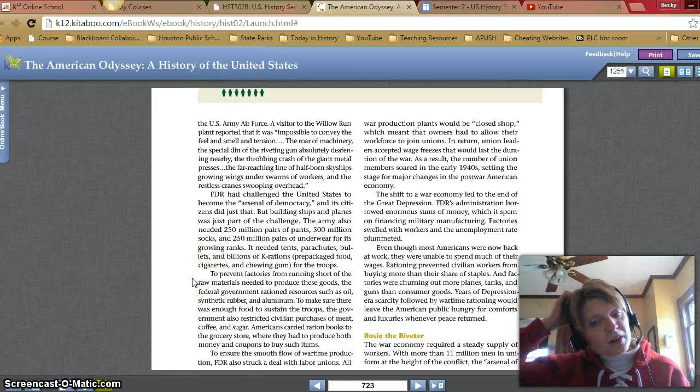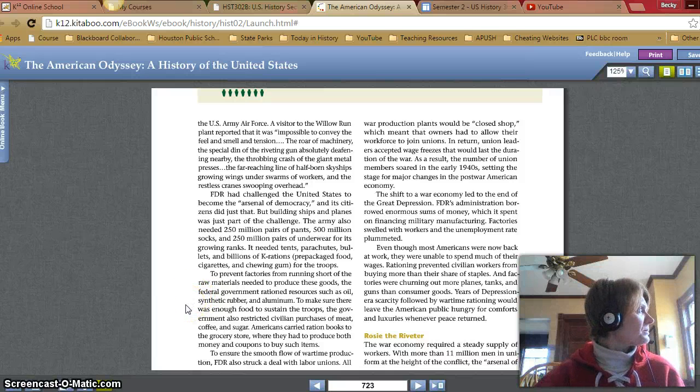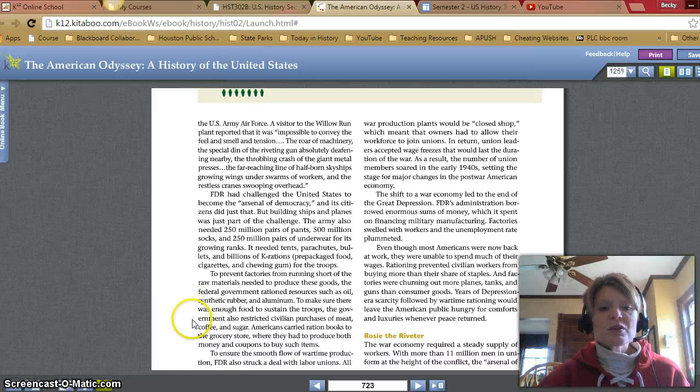To prevent factories from running short of the raw materials needed to produce these goods, the federal government rationed resources such as oil, synthetic rubber, and aluminum. To make sure there was enough food to sustain the troops, the government also restricted civilian purchases of meat, coffee, and sugar. Americans carried ration books to the grocery store where they had to produce both money and coupons to